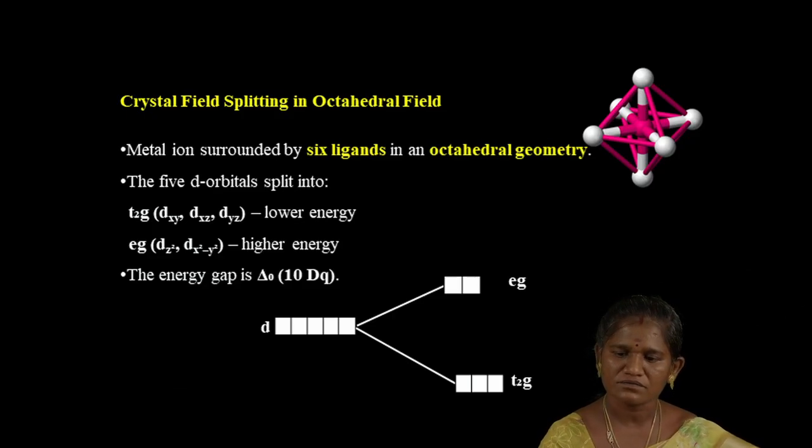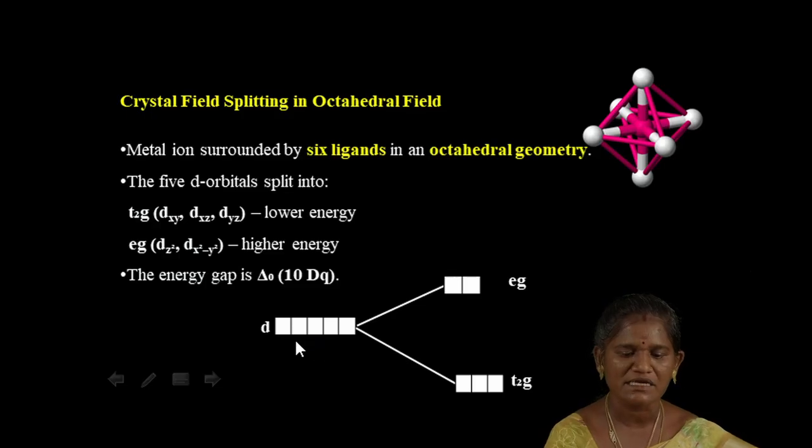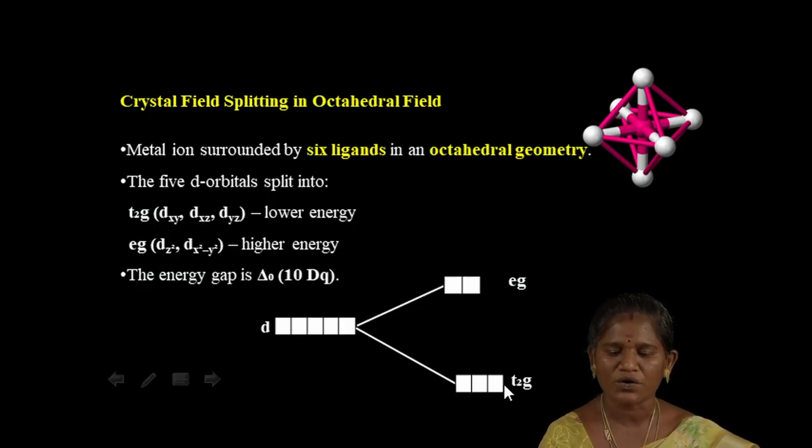Okay, here this is an octahedral complex. So six ligands approach the central metal ion along the X, Y and Z coordinates. Due to this attraction between the ligand and the central metal ion, the degeneracy of the central metal ion will be removed. So it will be split into t2g and eg. The t2g set has lower energy and the eg set has higher energy, because in the octahedral field